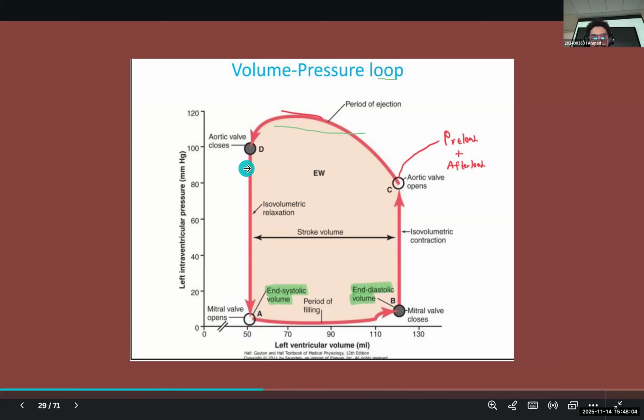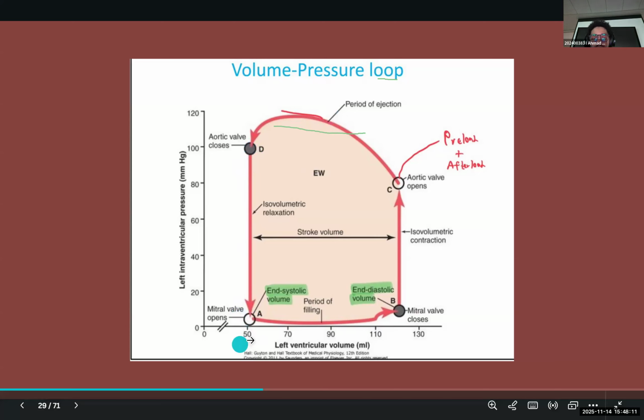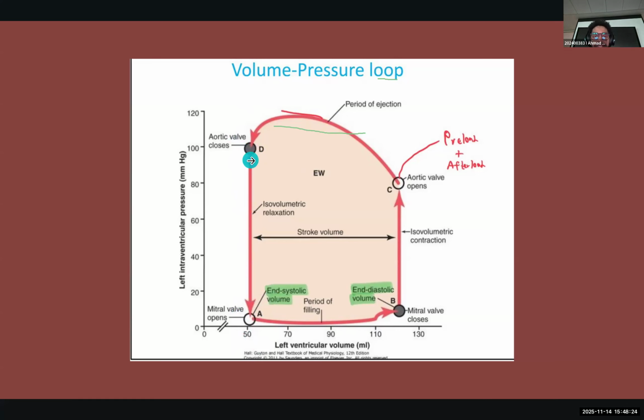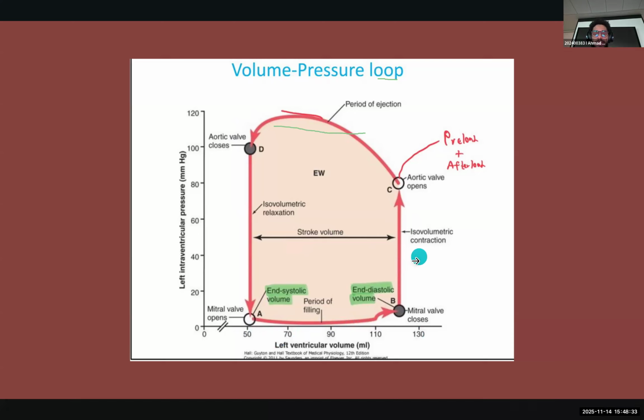Now, 50, so that you don't get confused, because you're going to tell me, Abdullah, you mentioned at point D, relaxation starts. So how come the volume that we're talking about is at point A? The volume at point D or point A is basically the same, because remember, this is the phase of isovolumetric relaxation. The volume over here, isovolumetric, is going to be the same. This is end systolic volume, or this is end systolic volume. It's just because we're looking at the x-axis. Okay? That makes sense.